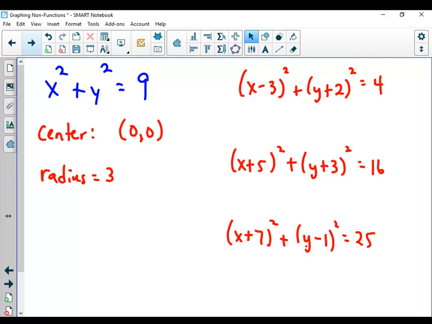I think it's half of the last, or no, the last number is square root. Like square root of the